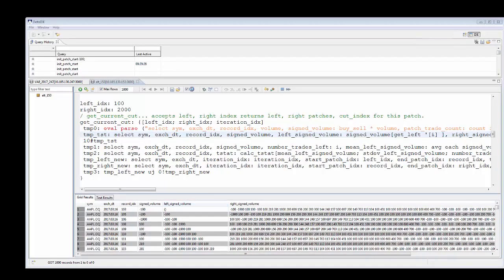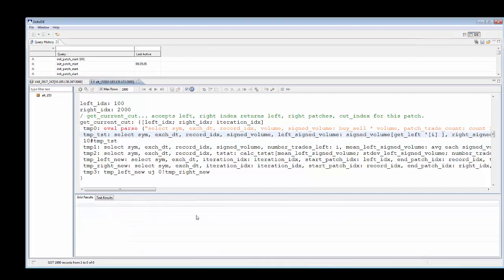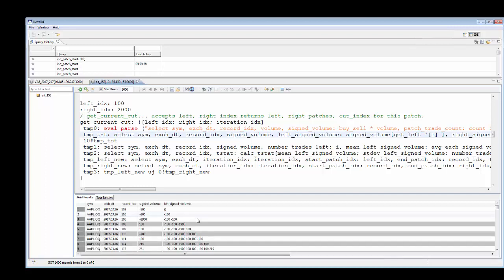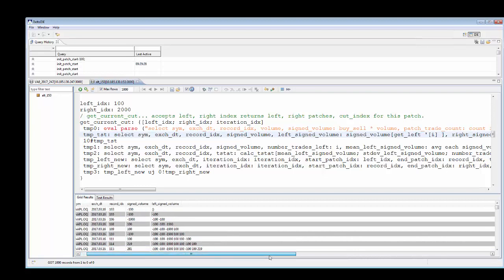So here's my IDE. It's already lined up, and the function getCurrentCut, which we said accepts start, end, and iteration index. And we have just some temporary results here that we're going to rely on, which I've conveniently already run. And I'm simply going to execute in my Delta IDE the command returning the sliding pointer result. And it's executing now. Okay, so this is a result which,